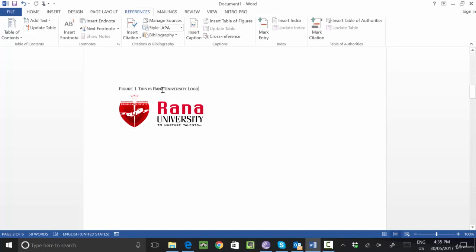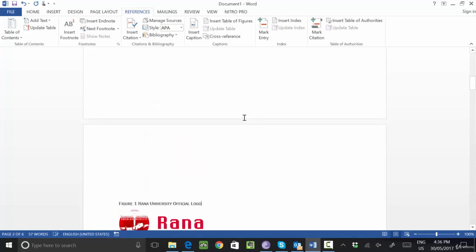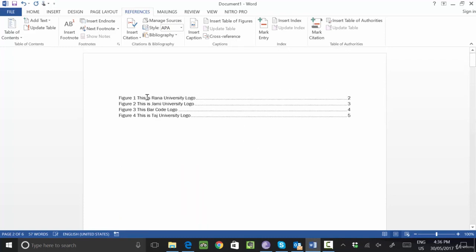Suppose I want to change the content of this. This is the Rana University logo, or I want to write here Rana University official logo, let's say. But if you go upstairs, you will see nothing has changed here, right?